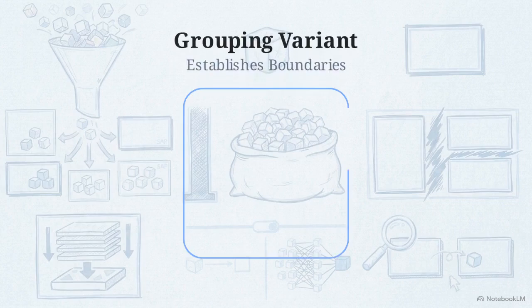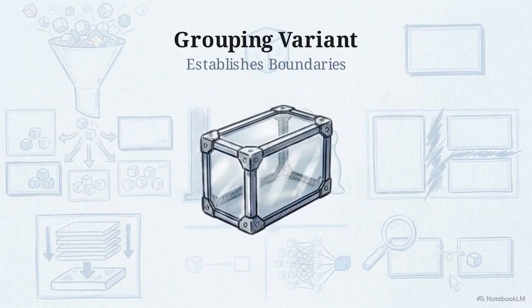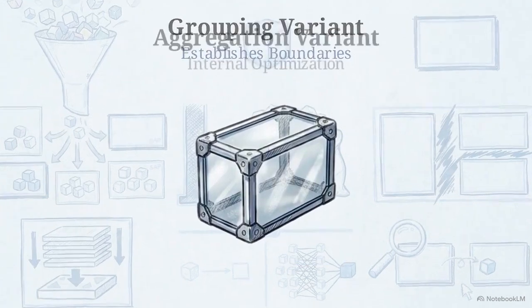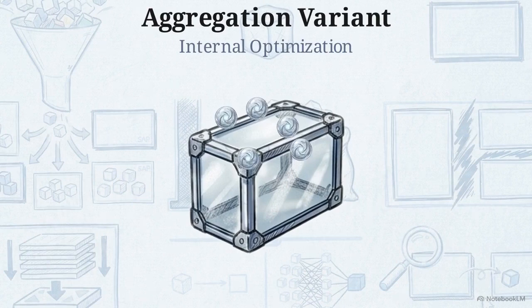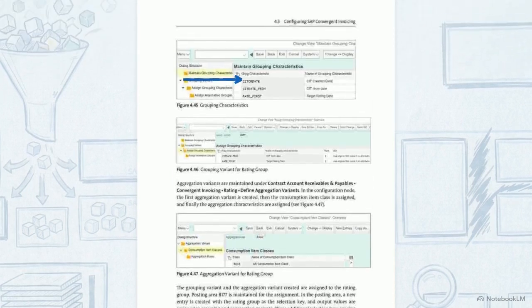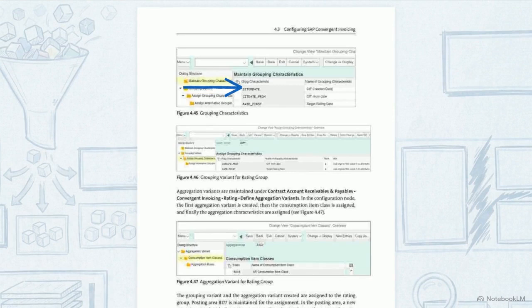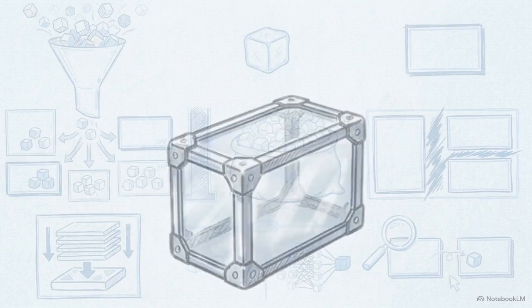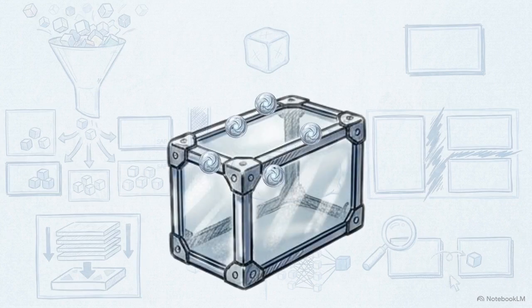At this stage, it is critical to separate the concept of grouping variants from aggregation variants. Grouping variants establish the structural walls of the billing unit itself. Aggregation variants, conversely, operate inside those established boundaries. This screen shows Martex's configuration of an aggregation variant labeled ZAGV, which utilizes the characteristic CIT-CRDA, tracking the creation date of the item. The aggregation logic is functional. The system looks inside a defined billing group, finds items that share the exact same creation date, and consolidates them